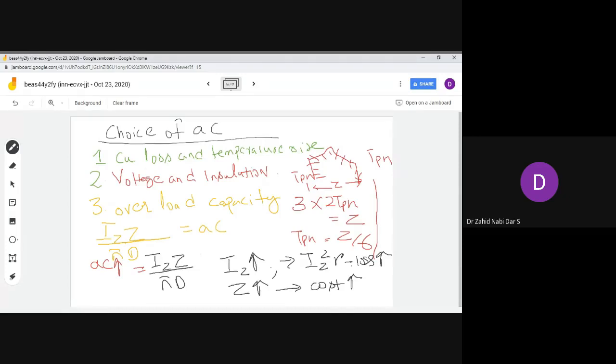So there are various other factors that you have to keep in mind before doing it. If you can increase AC, you can also do so by increasing the number of stator slots, which I've shown you, or you can increase AC by decreasing the circumference. So these are certain factors.